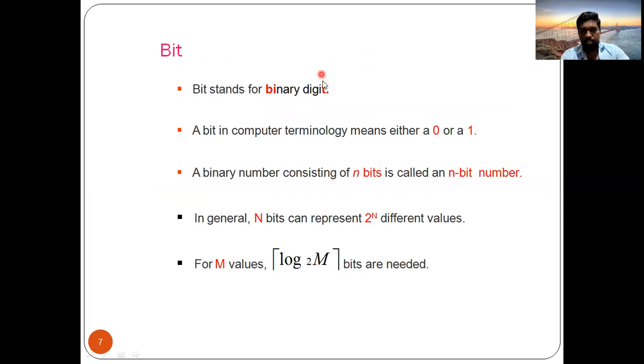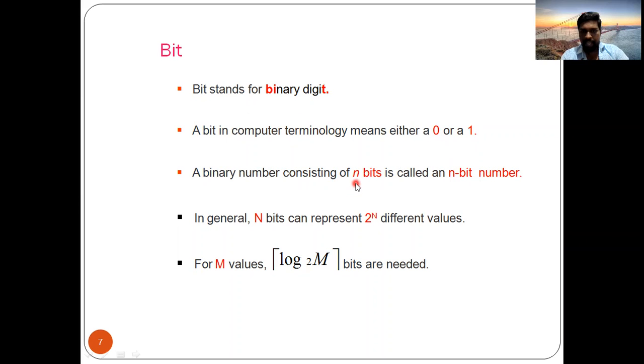See here. Among the binary number system, the important point is that each and every binary digit is called a bit. Binary digit: the first two letters are BI and the last letter is T. So the short form of binary digit is nothing but bit. Okay. What is a bit? A bit is nothing but the binary digit. It may be either 0 or 1. Clear?